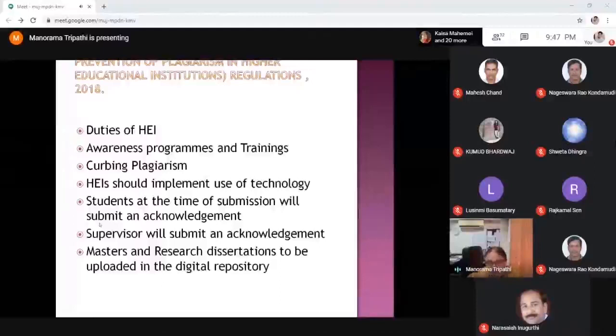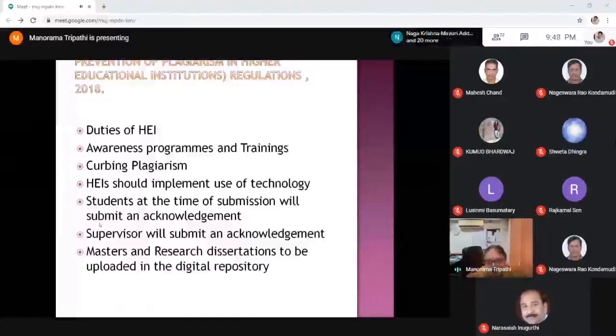Then, for curbing plagiarism, higher educational institutions should implement use of technology, which libraries are doing by deploying these anti-plagiarism facilities.